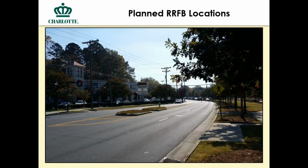Another location is on Kings Drive. This is a 5-lane cross-section and doesn't meet the threshold for a pedestrian hybrid beacon. But observations here show a significant delay for pedestrians to be able to even cross to the Refuge Island. It does connect neighborhoods to a major greenway system, and so we are hoping the rectangular rapid flashing beacon will provide that indication to the motorist. We'll mark a crosswalk in conjunction with the RRFB and provide a little more indication to the motorists that they need to be slowing down and watching out for pedestrians in this